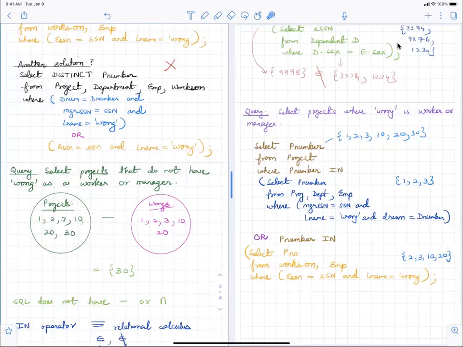Select projects that do not have Wong as a worker or manager. And I said that in order to do that, you would have to use the in or not in operator.